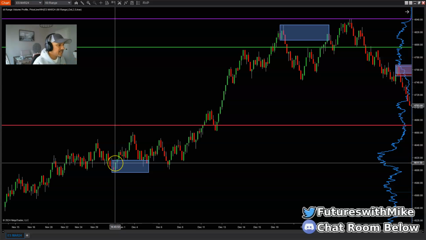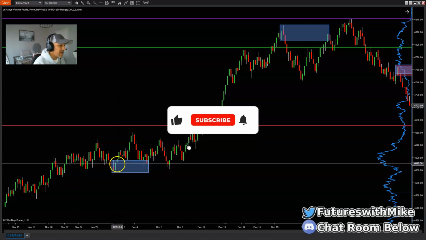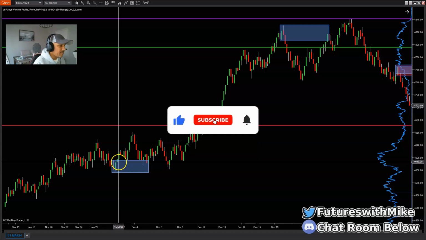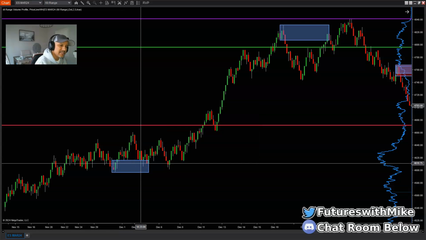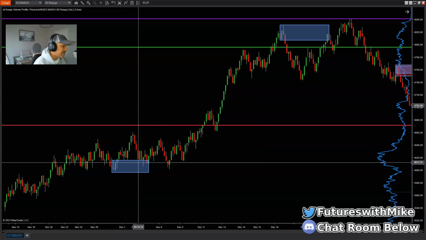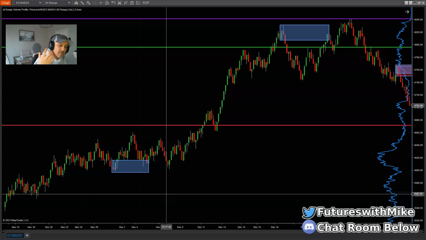Understand that. This is an imbalance. You can also call it a fair value gap. A small gap right here back at a demand zone resting right here. This is critical, because this is what makes the difference between a trade failing or succeeding. Understand that. If you just wait for great setups like this to unfold off of a higher time frame market, then move down to the lower time frame and follow the step-by-step strategy that I talk about in many videos,